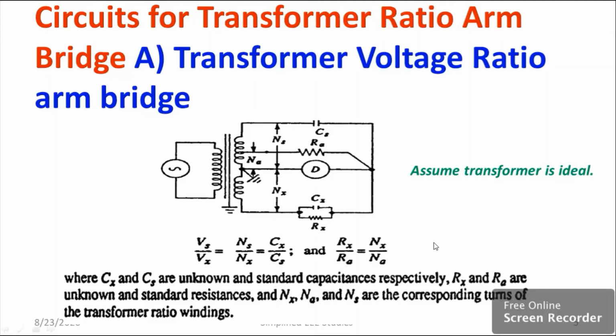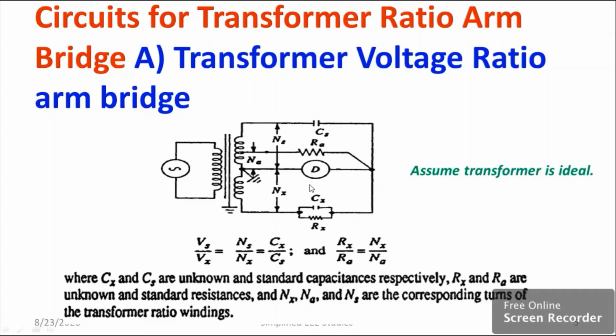It is very simple. So once you get the value of Cx and Rx, you can use the formula tan delta is equal to omega into Cx into Rx. So I know the value of Cx and Rx. Therefore, you can directly substitute. What is omega? Omega is the angular frequency. If you know the supply frequency, definitely you can calculate the angular frequency. That means omega is equal to 2 pi into f. Therefore, you can calculate the total value of dielectric loss.